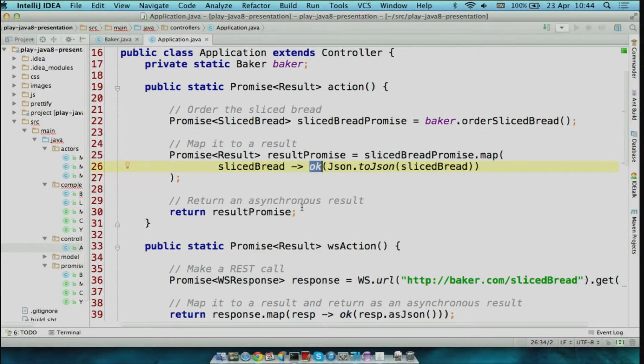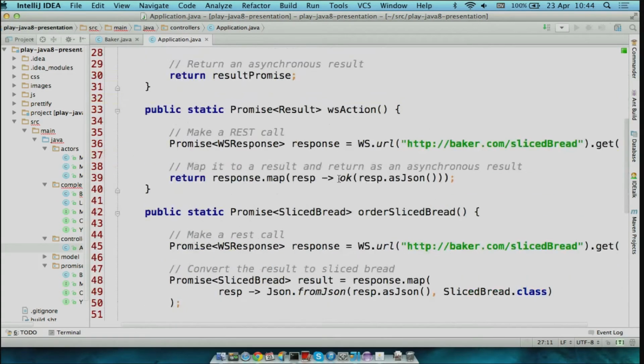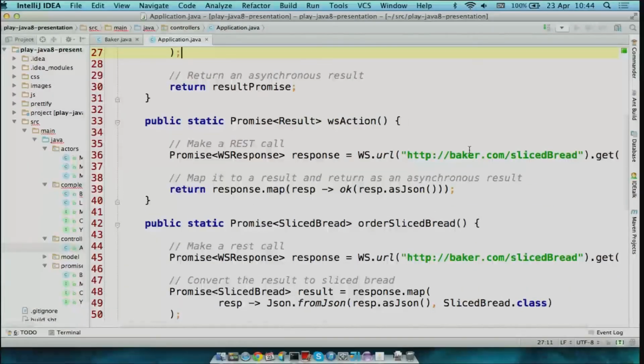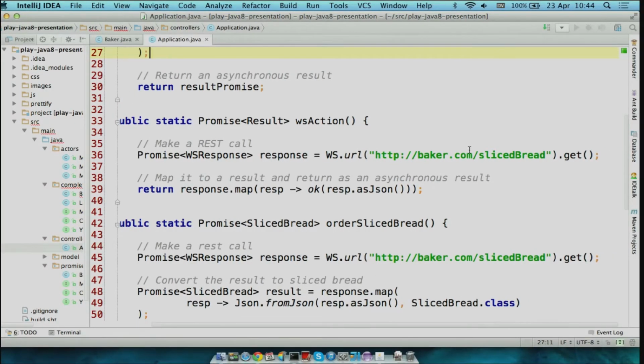Maybe a bit more realistic, not just doing our baking bread API, is if you want to do a web service call, a REST API call. So let's say our baker has a REST API, baker.com, where you can get sliced bread. Play has an HTTP client, which we call WS.